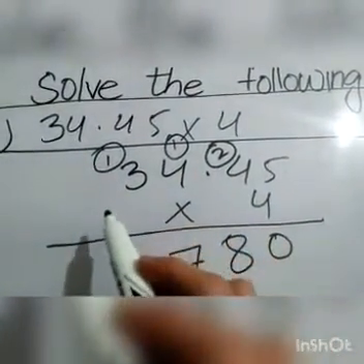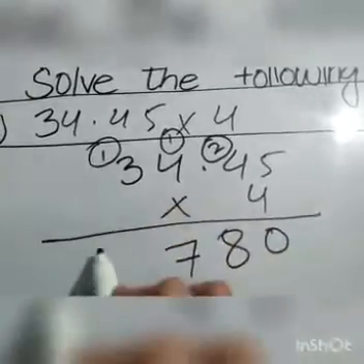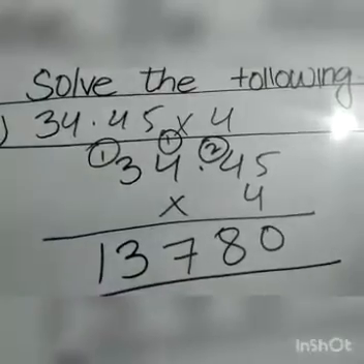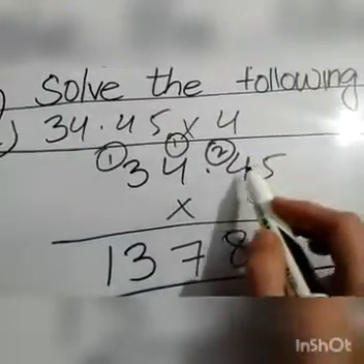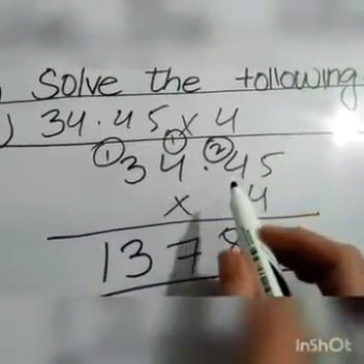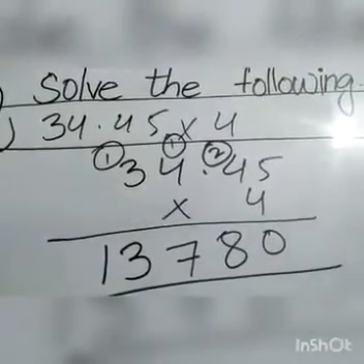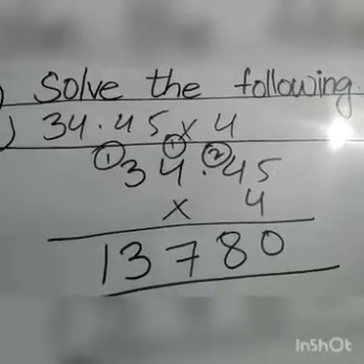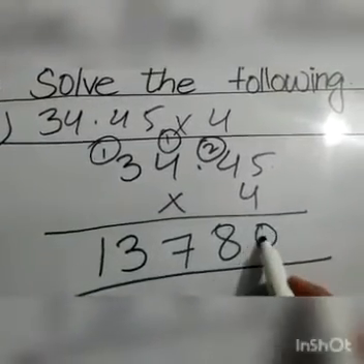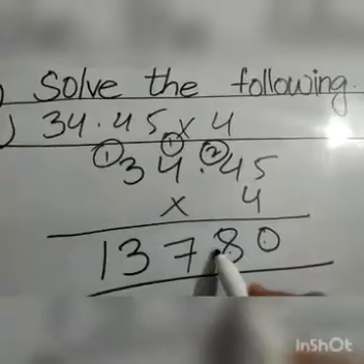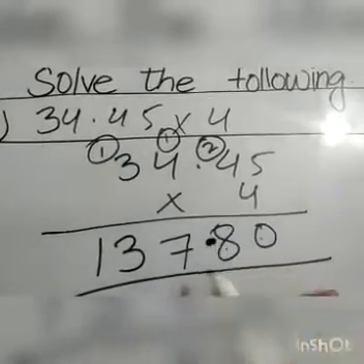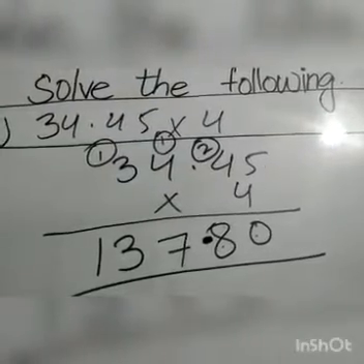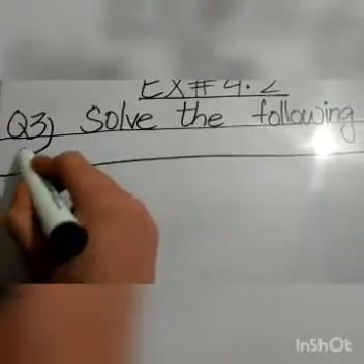4 3 times is equal to 12. 12 plus 1 is equal to 13. Here we have the answer. One thing is missing, that is decimal point. 1, 2, 2 digit behind the right of a decimal. That means our answer needs to have the same thing, 2 digit behind the decimal. So we have 1, 2. Okay, we can place our decimal point. The answer is 137.80. We have part B